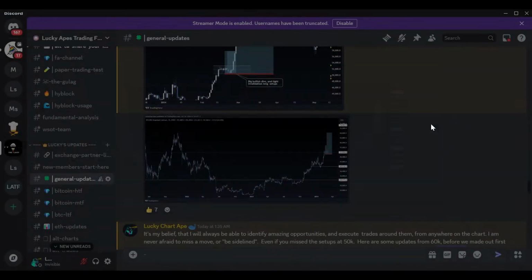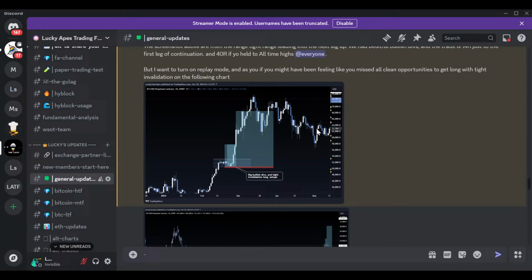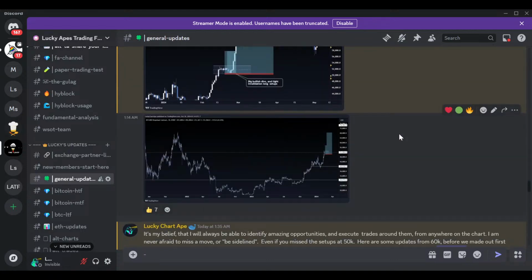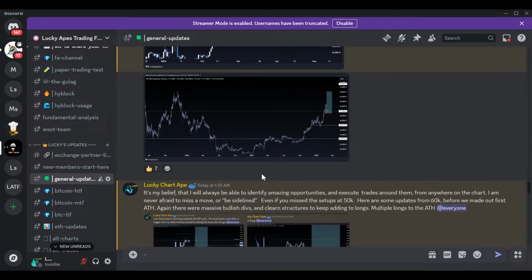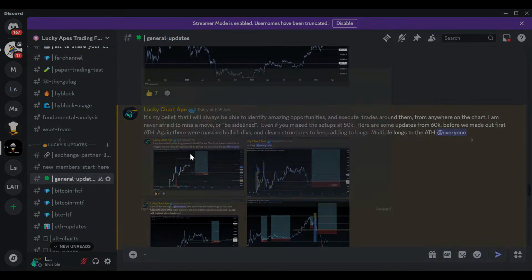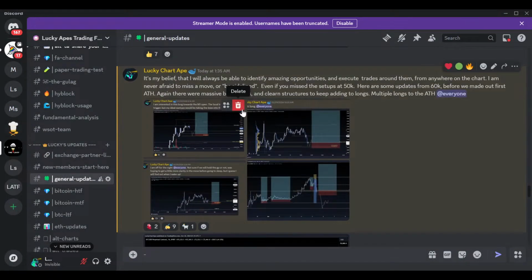And you have something like a 14-hour trade to the 57K impulse that came right after that. I mean, I remember all this price action. And a 40-hour trade if you held up near the top of the impulse towards all-time highs, right? But what I want to point out here is even had you missed that trade, my next post is this.